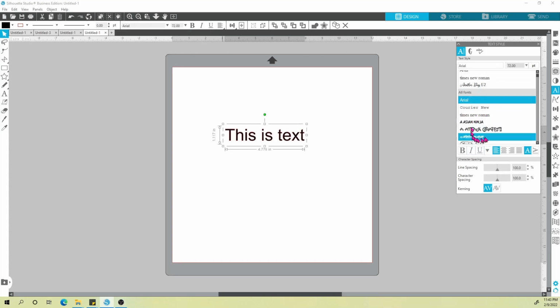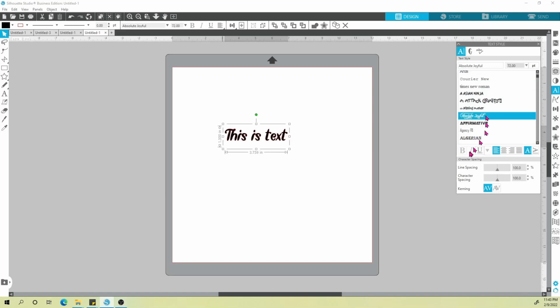With a lot of these custom-made fonts, be it purchased or free from things like DaFont, these will be grayed out. So if I choose one of these, you'll see I can no longer select bold or italicized at the top or in the menu. Underline is available, from what I can tell, in every font, but generally I don't like